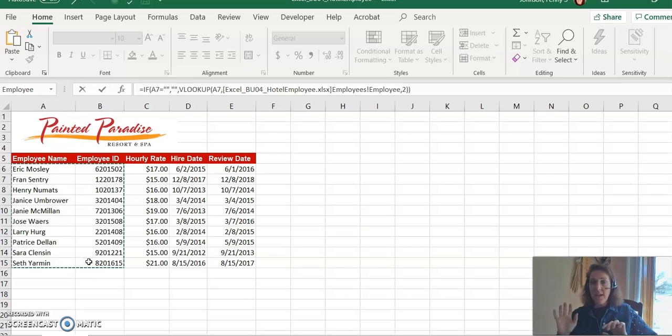Release your mouse, and then hang on for a second. Don't touch anything. Just look at your formula bar. Your formula bar actually still is showing you what's going on with your VLOOKUP. So now mine says VLOOKUP to A7, so it's looking up Eric Mosley, and then it's jumping over. Notice what's here in the square brackets. It's jumping over to the hotel employee workbook, and then the employees, notice the plural, employees sheet, that's actually our